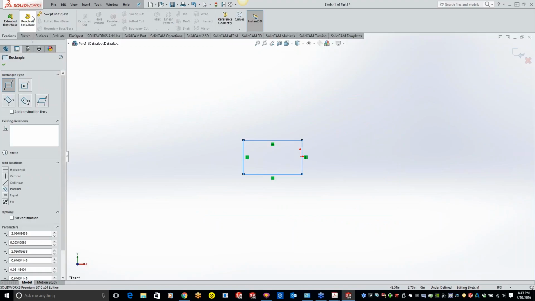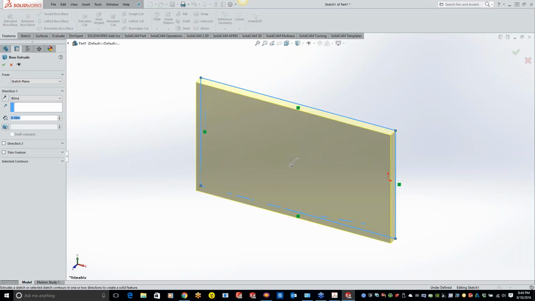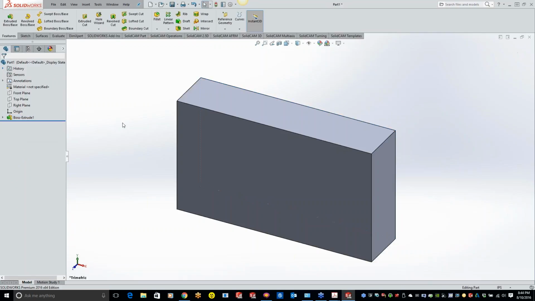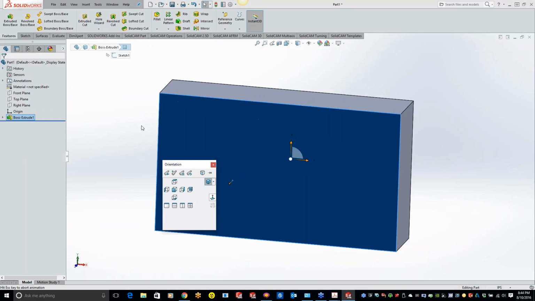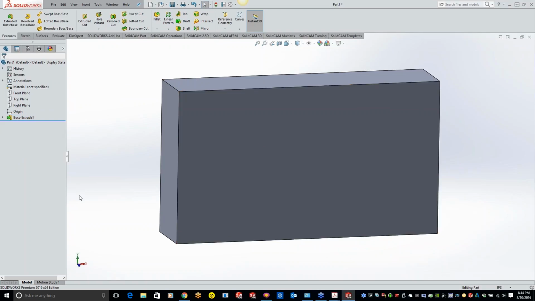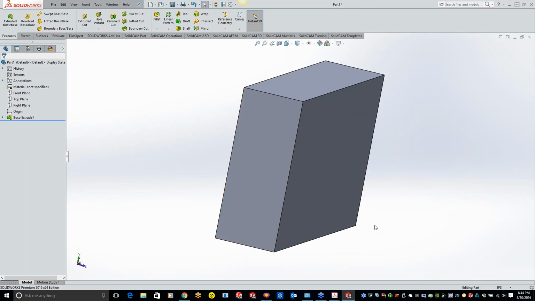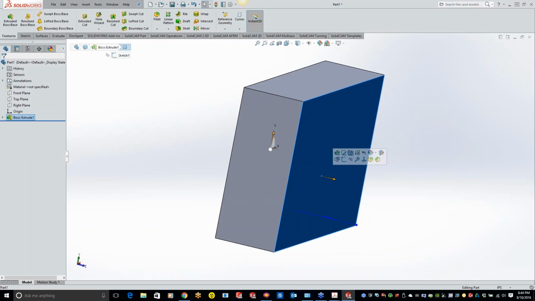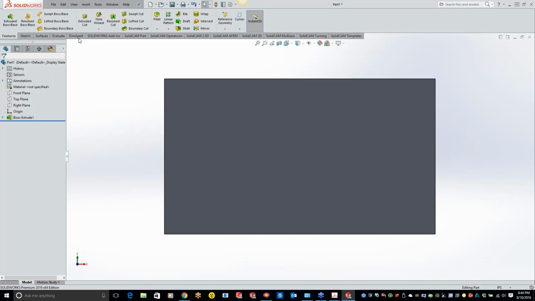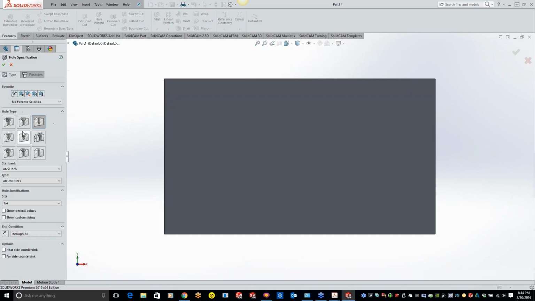Oh yeah, I've worked with these before. Let's see here. Extrude, I'll do 1/2 inch plywood. All right, and a quick little SolidWorks tip: if you're trying to work on a goofy face and you're not sure what the orientation is, just click on it, hit your space bar, and hit Normal To, and it will bring it right to that face. All right, we'll just throw a hole in there.